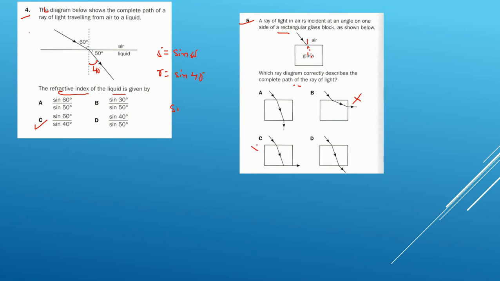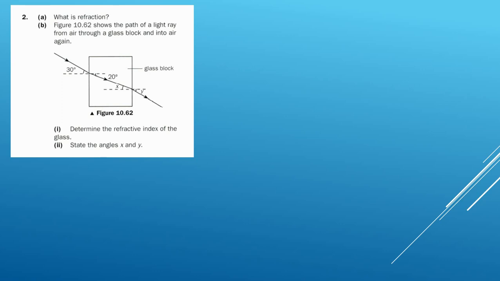Okay, this is also gone because it is not correct, because if it is entering the air again, it should be behaving in a similar way to how it was in the air. So this is gone. This one is exactly along the normal. This is also gone. So only option number D is the correct answer, which you can see here. Whatever angle is here is the same angle here, it is bent towards the normal. So option number D.